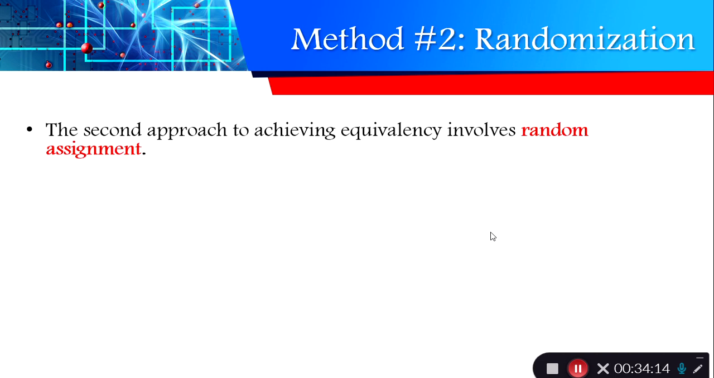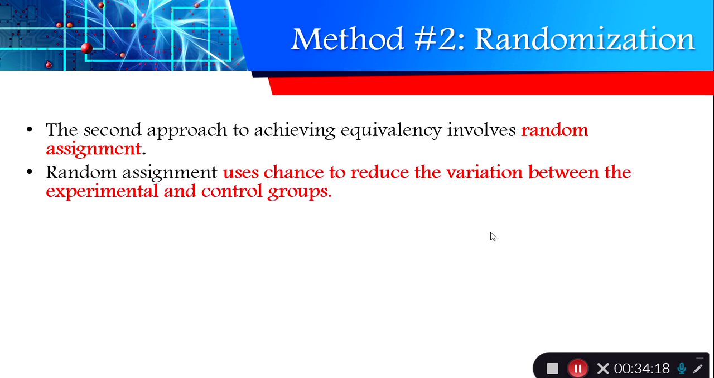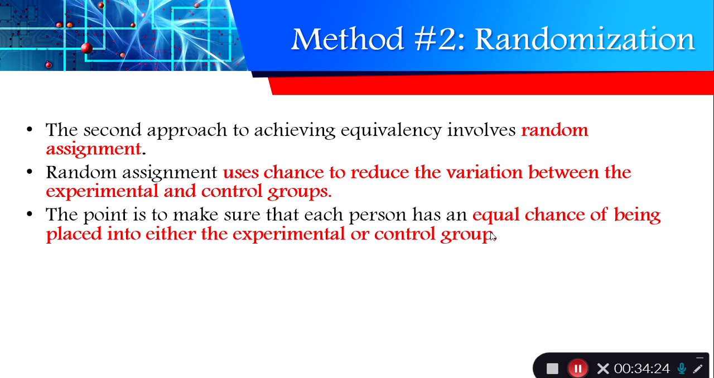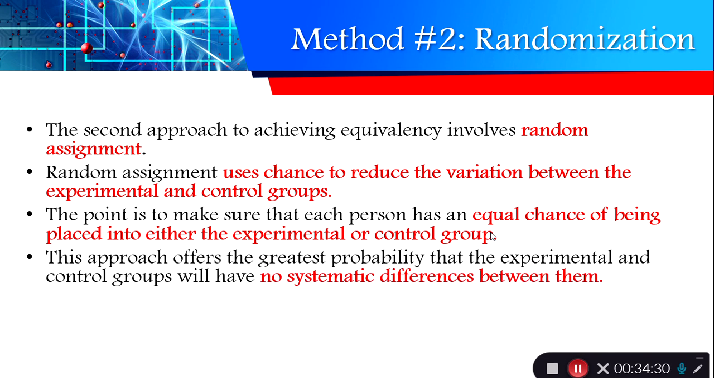And then we have randomization. So this is the second approach to achieving equivalency. Random assignment uses chance to reduce variation between experimental and control groups. The point is to make sure that each person has an equal chance of being placed in either the experimental or the control group. This approach offers the greatest probability that the experimental and control groups will have no systematic